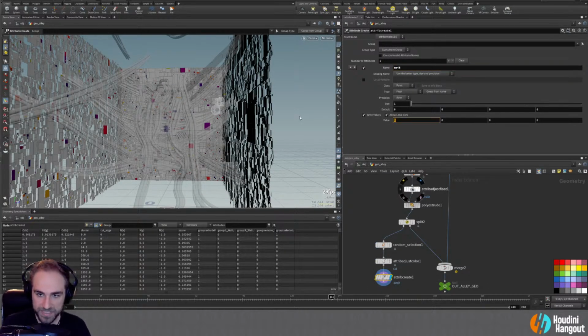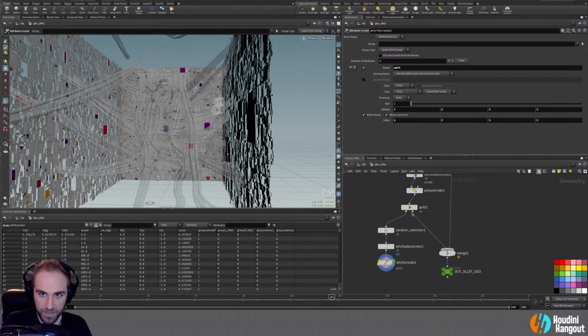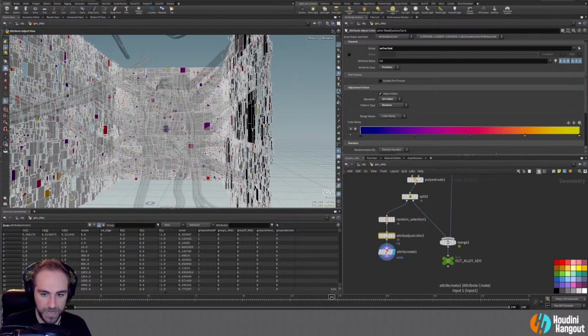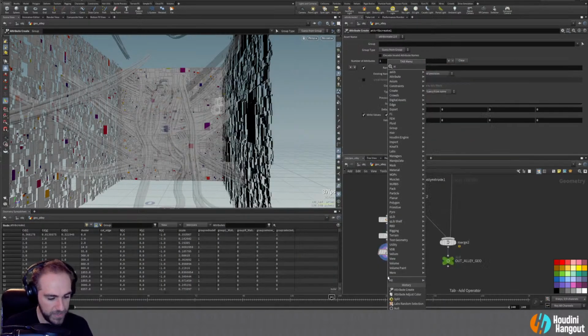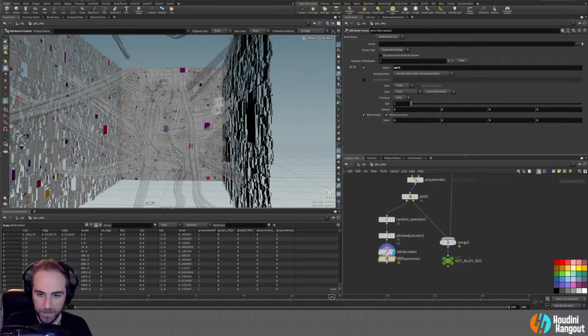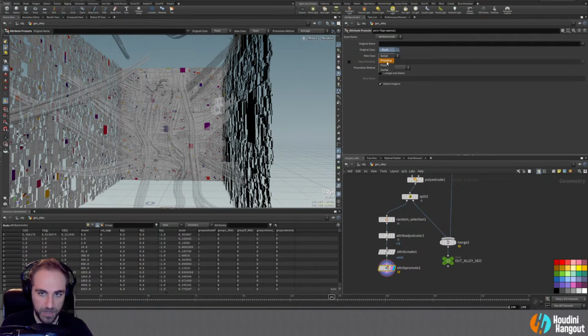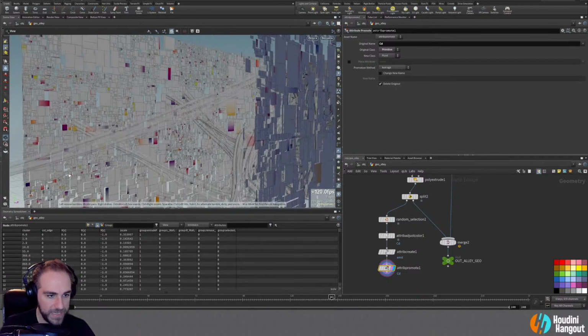So the default will be 0. These values will be 1. So if we look at those, they'll all have a value of 1. Those will be good there. And I will actually promote those colors back to a point. So we'll do an attribute promote. Basically what we're doing with an attribute promote is bringing those from one level to another, one class to another. So we're going from primitive to point. That will be color. And so now these are point colors, and